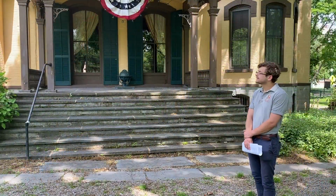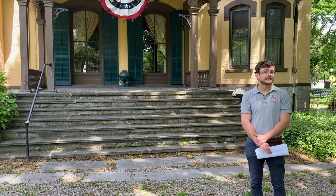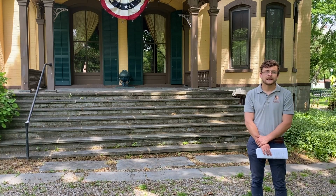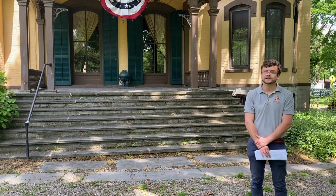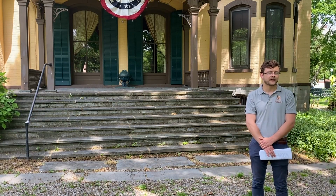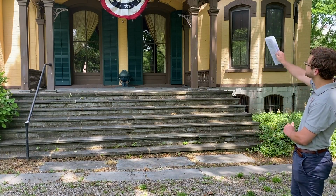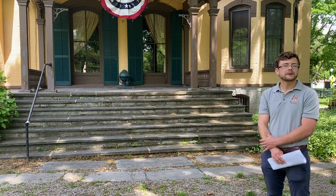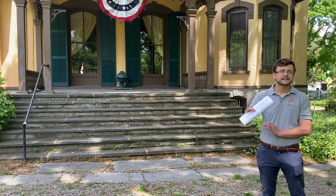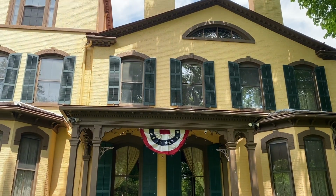And behind me you can see the southern porch, which is part of an addition made to the house, starting in 1866 and not completed until 2 years later in 1868. Now by this point, Judge Elijah Miller had passed away for some time, and Seward was looking to expand on the traditional federal style of the house. Looking at the side silhouette and profile, you can certainly see Seward's architectural vision. Very popular during the time was what's called the Italianate villa style, with several tiered sizes and heights to the house,